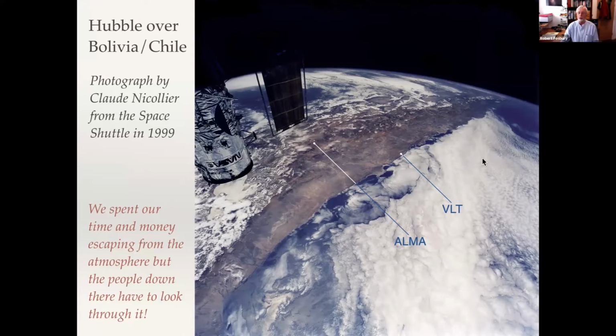This cloud that you see over the Pacific rarely penetrates over the coast. There's an inversion layer there. So it's a wonderful place to observe. And so many of the pictures that I'll be showing you are taken at this site, this Very Large Telescope